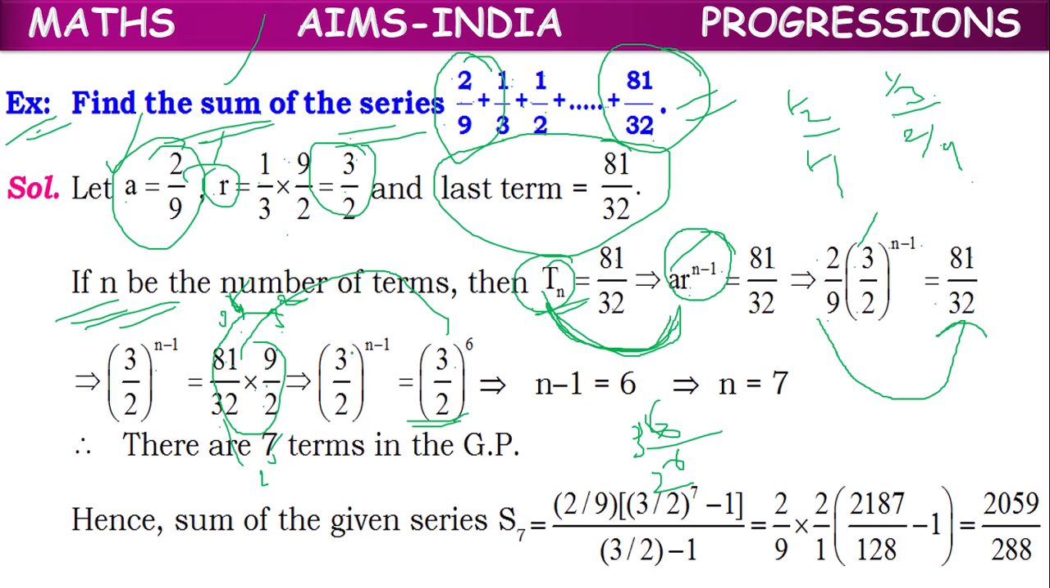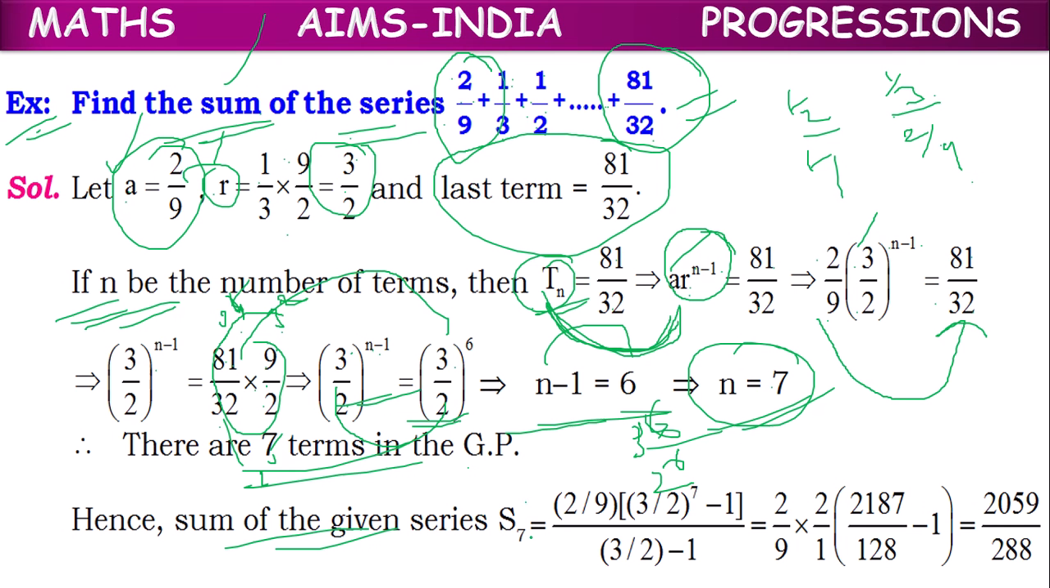And on the left hand side we have (3 by 2) whole power n minus 1. As the bases are same, we can equate the powers. n minus 1 equal to 6, or n equal to 7. So there are 7 terms in the GP, and the formula for the sum of 7 terms is Sn equal to a into, as